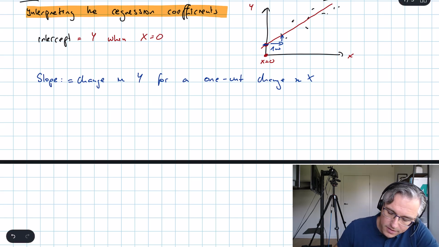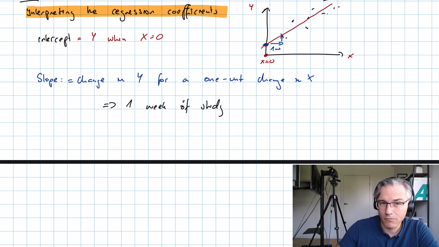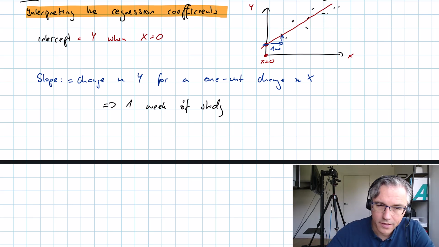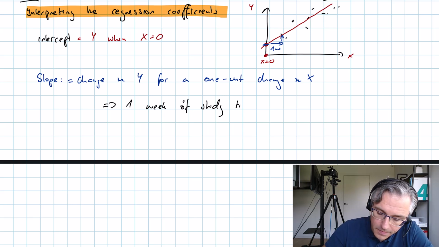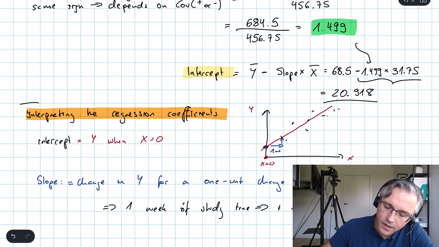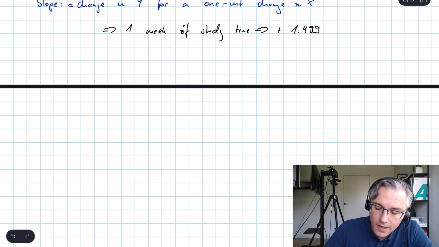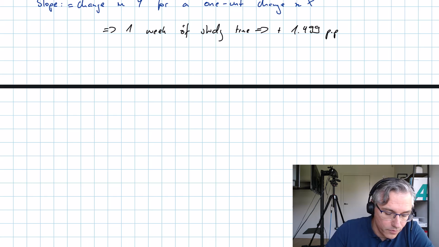So in our case, the interpretation would be that 1 additional week of study, and remember we're talking about a linear relationship, so it's constant across all the x's. We're assuming linear progress, a steady constant slope. 1 week of study time brings about a positive 1.499. That was indeed the slope, 1.499 here of this regression, percentage point increase